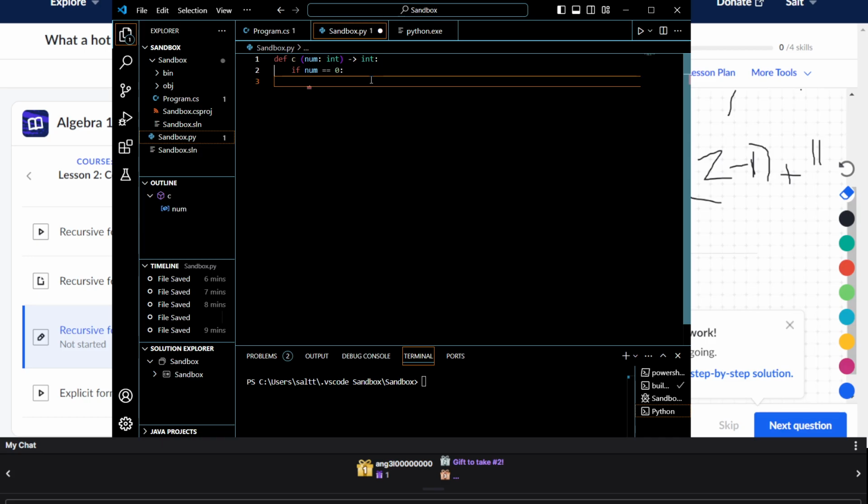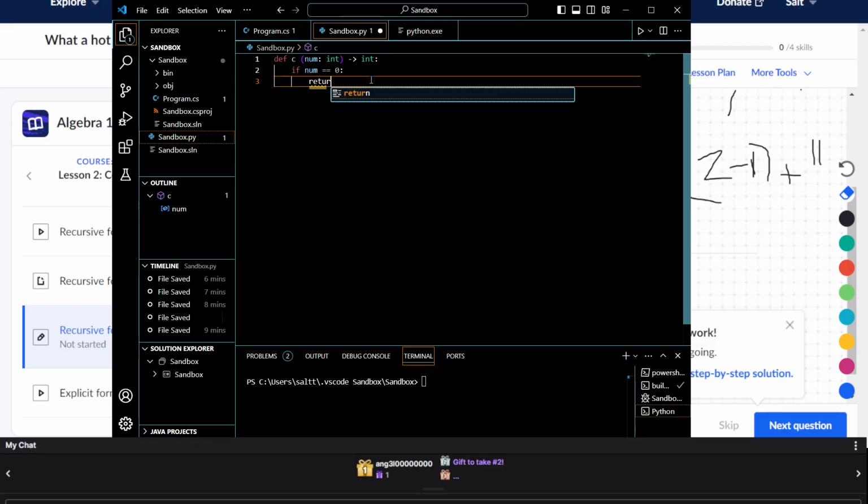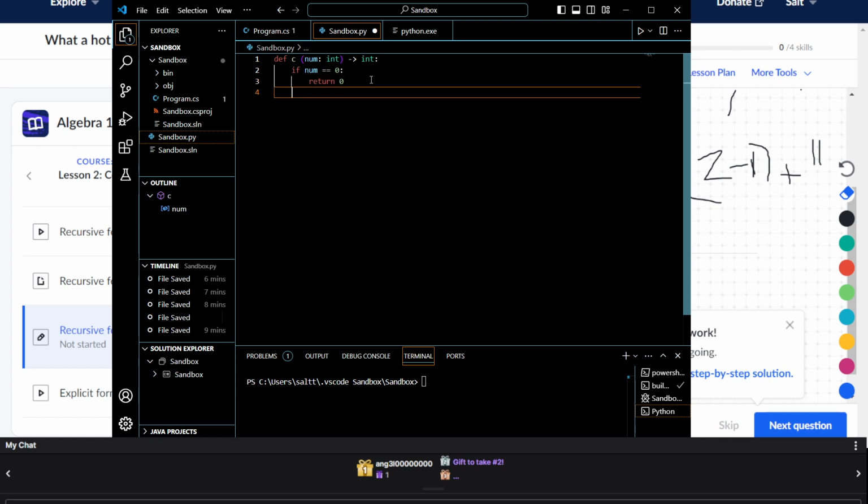If num is 0, return 0. Okay, and then otherwise, let's see if I can do it right.